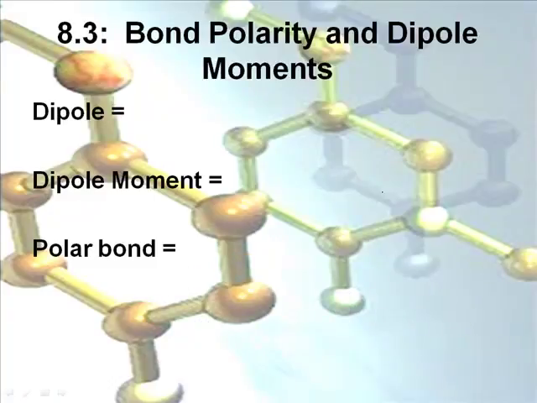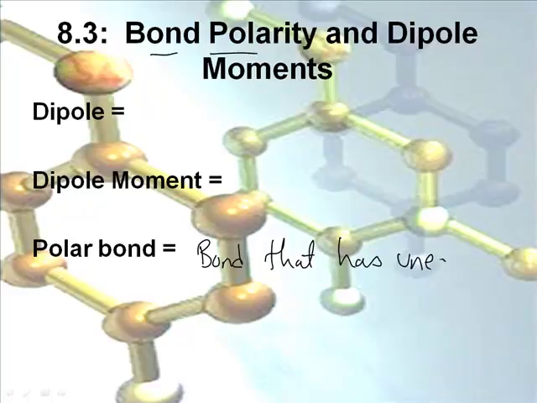Okay. That leads us to the concept of a bond polarity. And we've already alluded to this. We just haven't given it a name. What we just saw was bond polarity. Actually, let's do polar bond. A polar bond, what is that? It's when you have a covalent bond and the electrons are shared unequally, just like fluorine and hydrogen did. Unequal sharing of electrons.